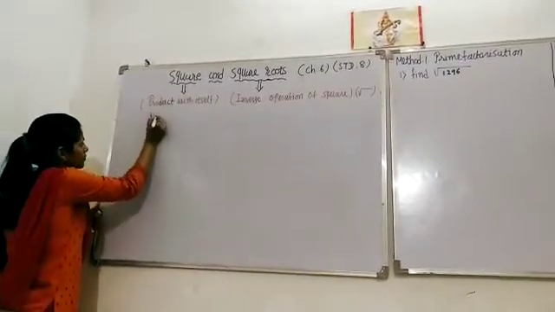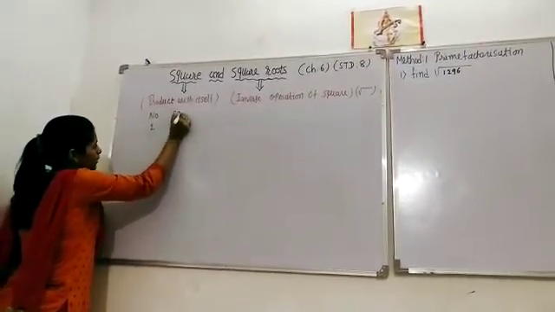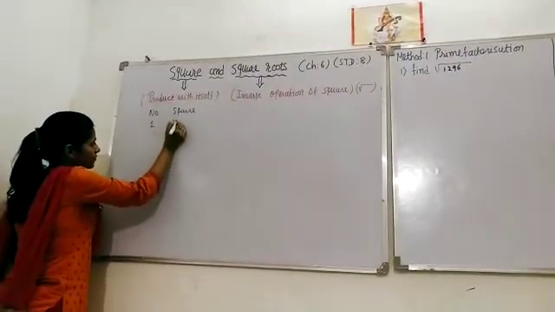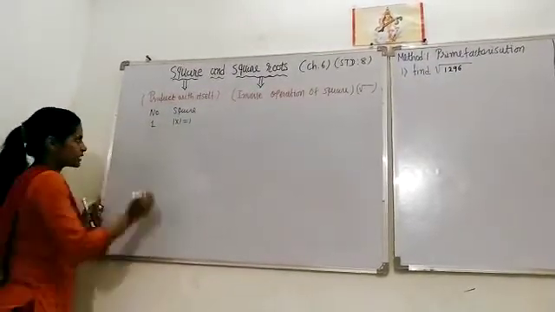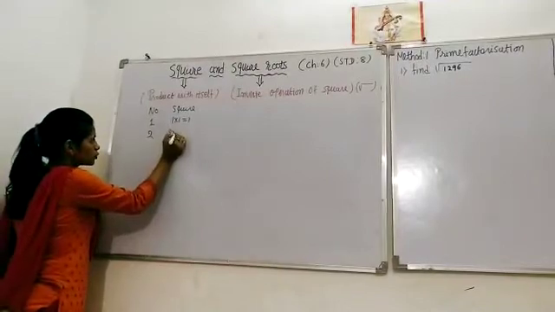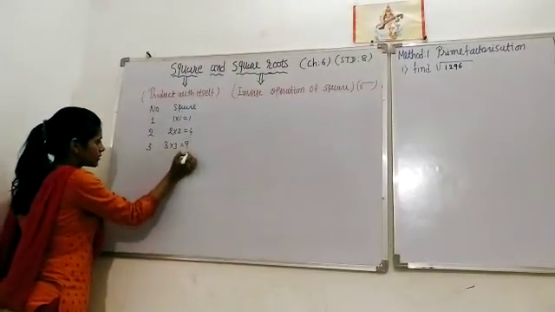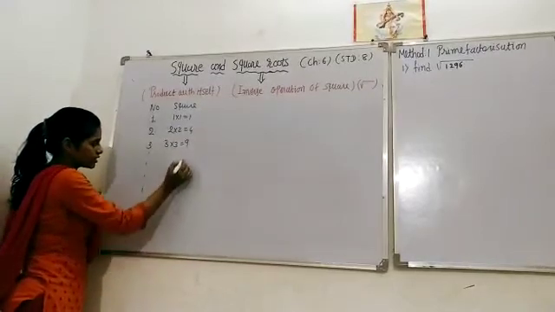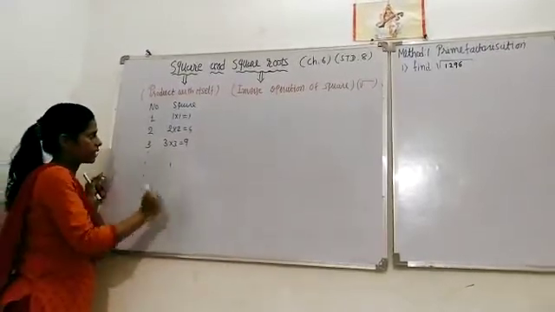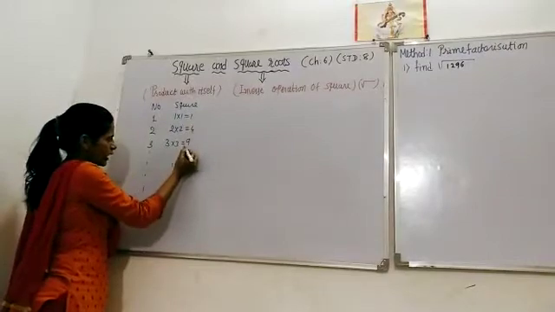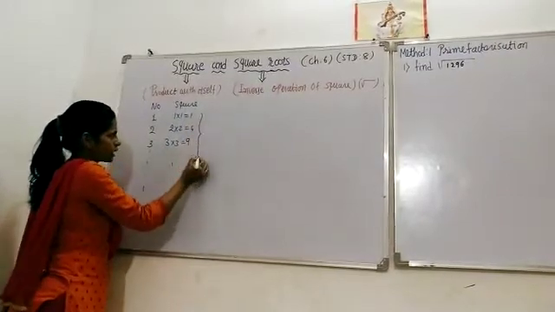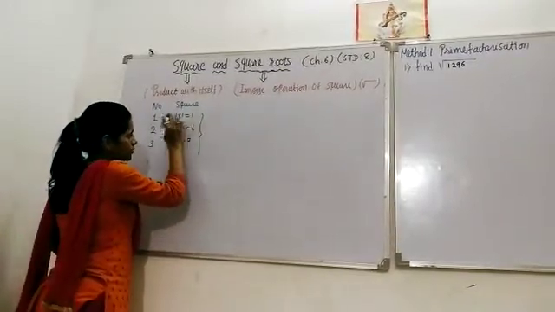Suppose you have number 1 and you want to find its square, so multiply the given number with itself. So 1 1s are 1. Suppose 2, so 2 2s are 4. 3, so 3 3s are 9. Similarly, you can find out its square this way. Now, these 1, 4, 9, then 16, are all called squares of a number.